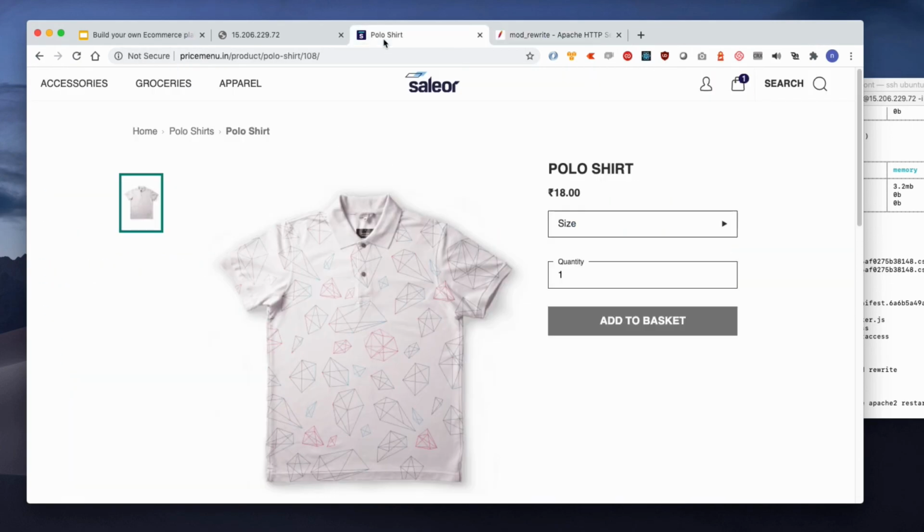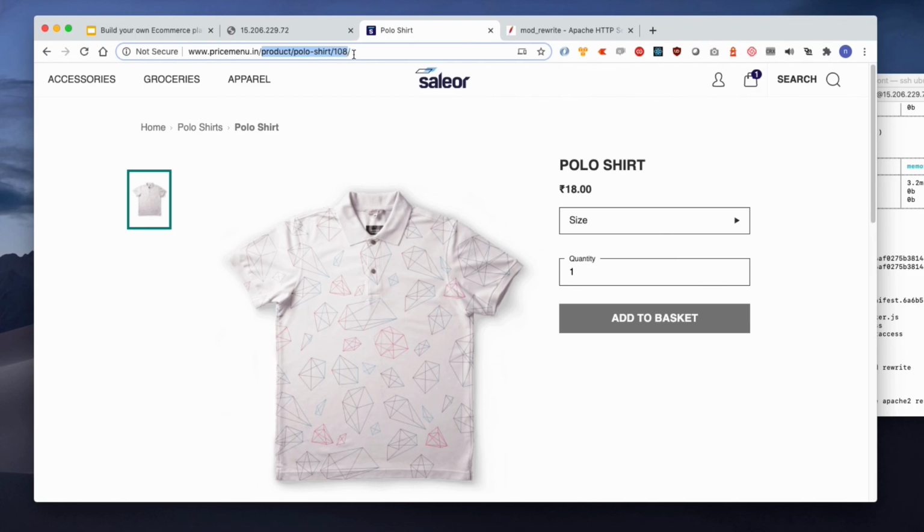Since this is a single page app, my JavaScript needs to know what dynamic URL is being requested so that it can be parsed and processed by the browser. Thank you.